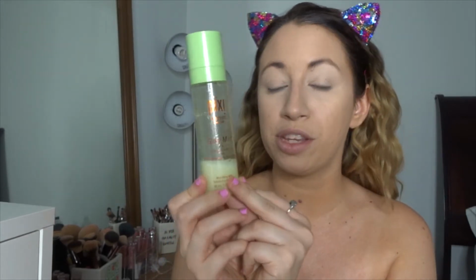Now, I typically like to spray down all the powders once I set them, just so everything can melt together easily. As far as drugstore products go, that's what I use my Pixi Glow Mist for. I'm very low on this and I have already purchased my backup. And then I like to let that all melt together for a minute or two,